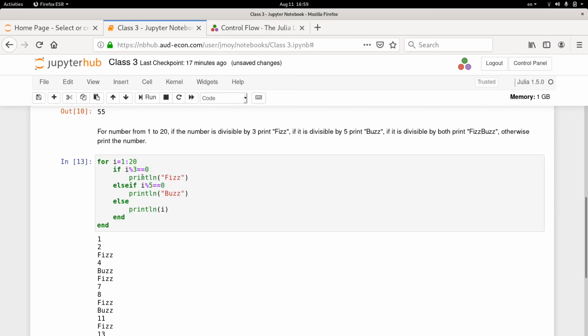That as soon as one condition is met, it's executed and you go to the end. You say if this is false, then check this. If nothing works, then do this, and so on. So for the 15 case, we will have to check it to begin with. Right? So you check at the beginning if it is divisible by 15, because something is divisible by both 3 and 5 only if it is divisible by 15. So what we will do is we will put a check for 15 first.